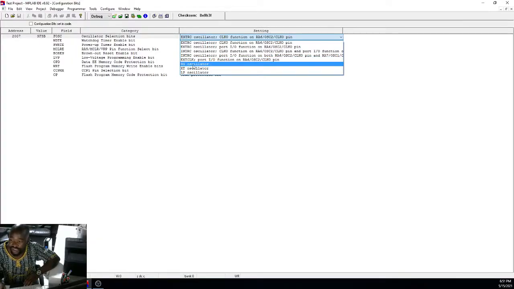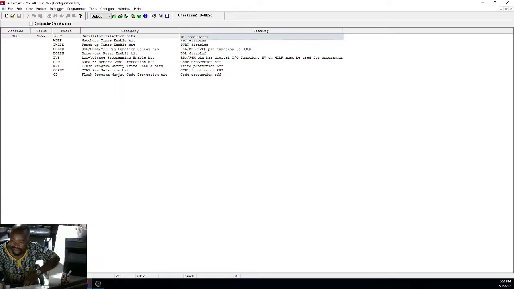Now you have high-speed oscillator, you have a crystal oscillator, and you have low-power oscillators. These are the options you have to choose from, right? Now, if we select, for example, the XT oscillator, our configuration value becomes 3F29. And now, what does this mean? It means now, on our circuit, we need to make use of a crystal oscillator, and then our configuration value